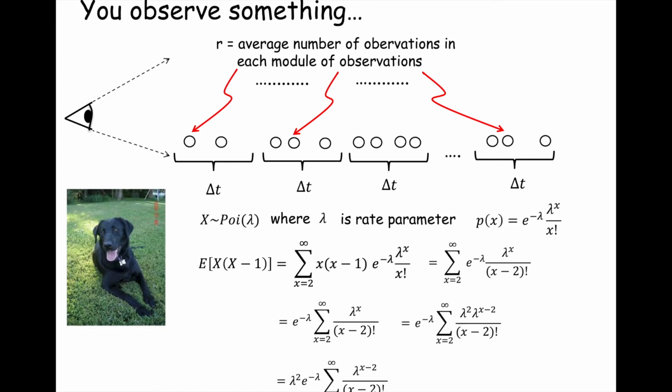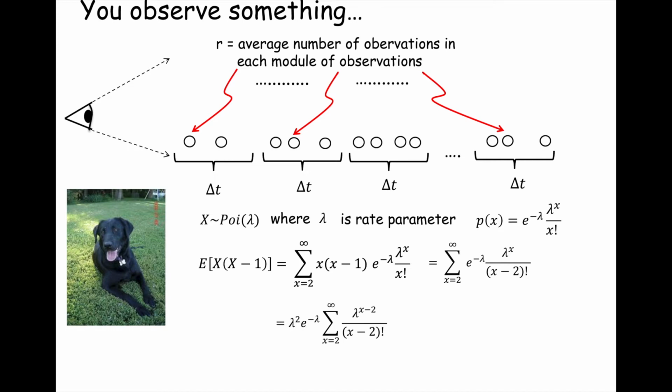And it's starting to look more and more like a Maclaurin series, but the biggest problem is that the index on the summation has to start from 0. And moreover, the factorial kind of needs to look like the exponent on the variable here, lambda. And it kind of does, right? I have x minus 2 factorial. I have lambda to the x minus 2. So let's now make a substitution. We're going to do a change of variable. We're going to say let y equal x minus 2.